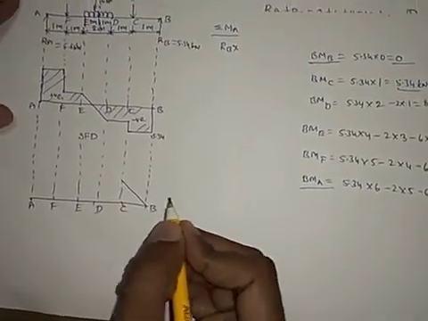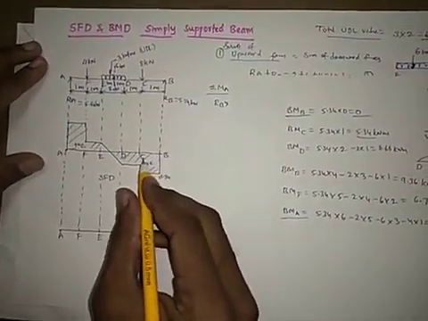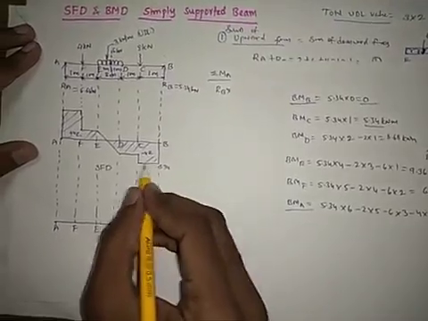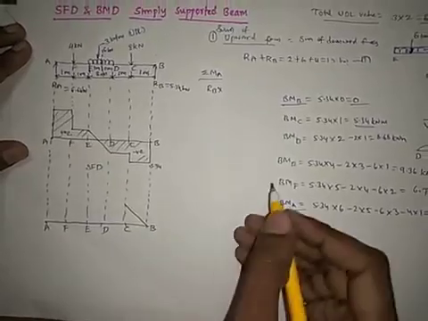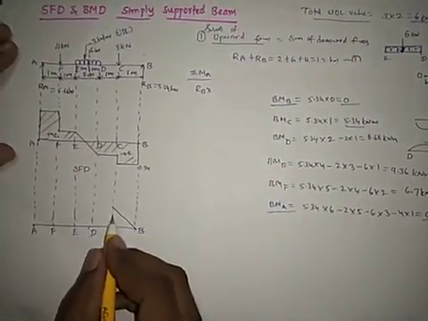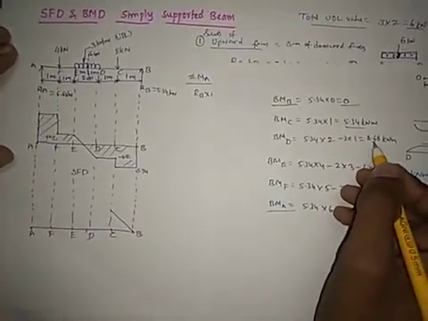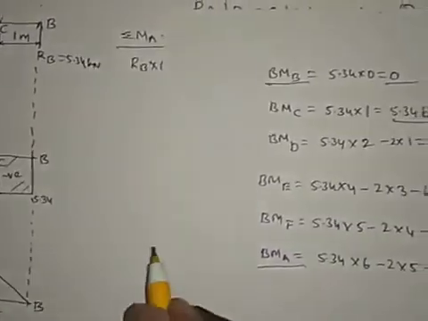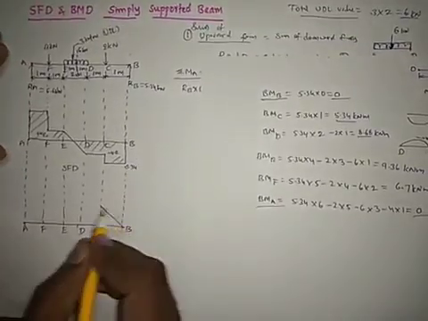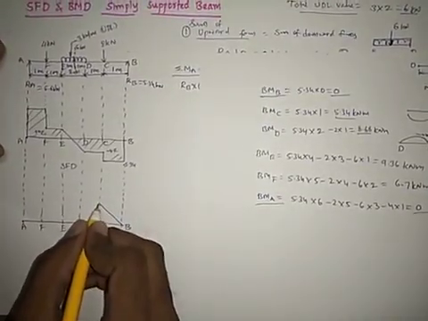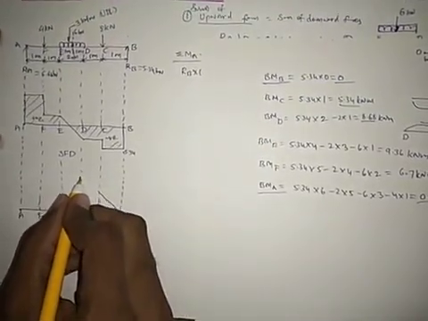Why I have drawn an inclined line: it is a procedure that where between two points the shear force diagram is a horizontal line, between those same 2 points you have to take an inclined line. So that is the procedure. Next, up to C is over. From C to D, the value of bending moment at D is plus 8.68, and if you observe the shear force diagram C to D, it is once again a horizontal line, means you will get once again an inclined line. So it is 5.34, and 5.34 to 8.68 approximately like this.